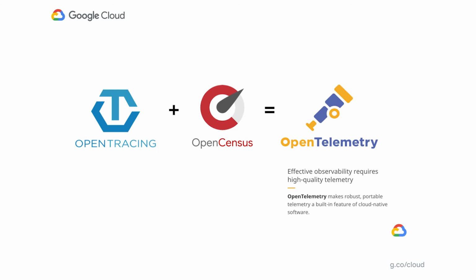Recently, there's been an announcement that OpenCensus is actually merging with the OpenTracing project in a new project called OpenTelemetry. So I'm going to show you examples of how to do custom metric instrumentation both in OpenCensus, which is a project that's been around for a little bit longer, and also OpenTelemetry, which is a newer project. So let's take a look at a code example of how to use the OpenCensus metric instrumentation library in Node.js